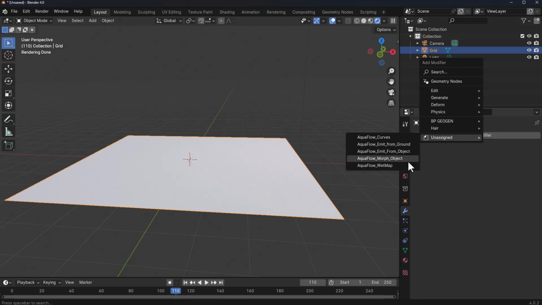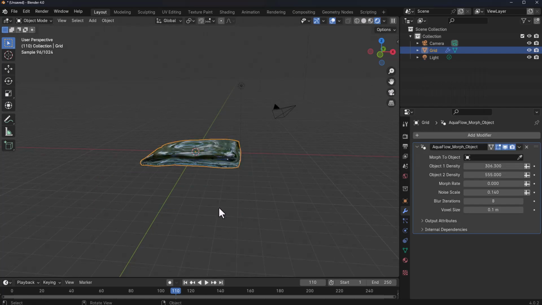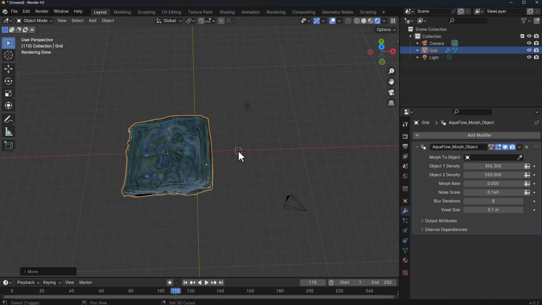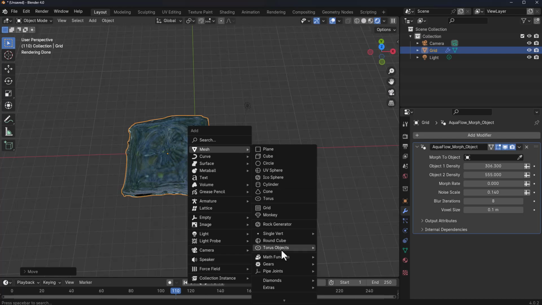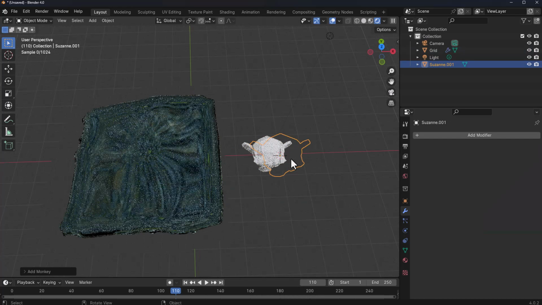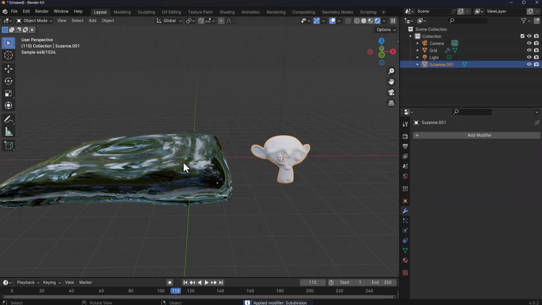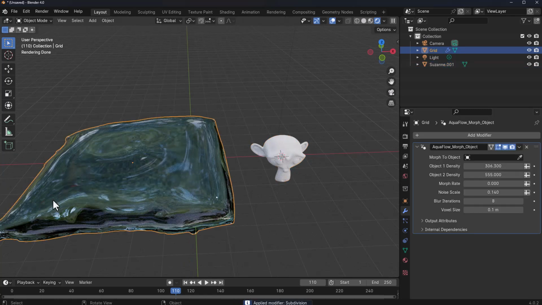The next one which we have is the AquaFlow Morph. Now, this is pretty interesting. I don't know the use case for this, but it's quite interesting to see it here. So for this, what I'm going to do is bring out Suzanne. Let's subdivide Suzanne about that much, and we can start doing some stuff. So with this here, all you need to do to get things going is to use the eyedropper and select Suzanne. And once you have that character selected, the next thing which you can do is just go ahead and